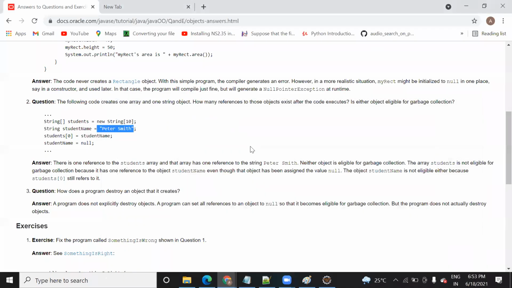So here I was explaining this one, right? What do you mean by this program? It says that this student name variable is assigned with this value, and this value you are going to assign to the first index.